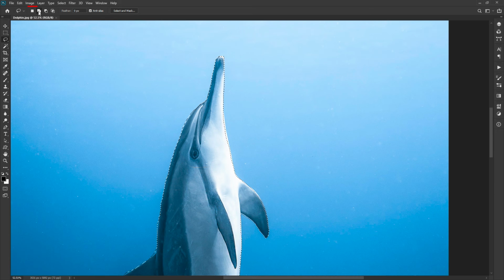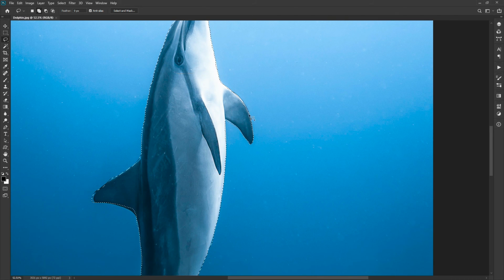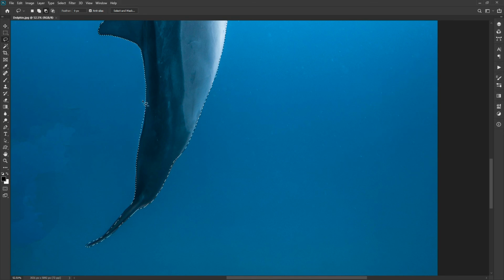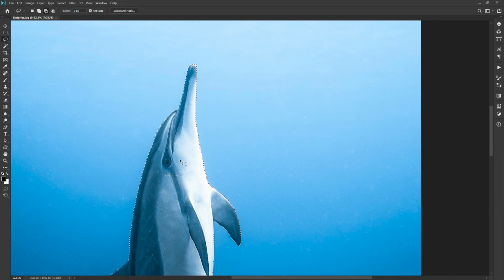Here again you have the same 4 buttons like the marquee tool on the options bar for adding, subtracting or intersecting the selection. Same will be done by pressing the Shift and Alt keys too. Try selecting the area you want and remove the unwanted area from the image. You need to keep doing it several times to select the dolphin properly.